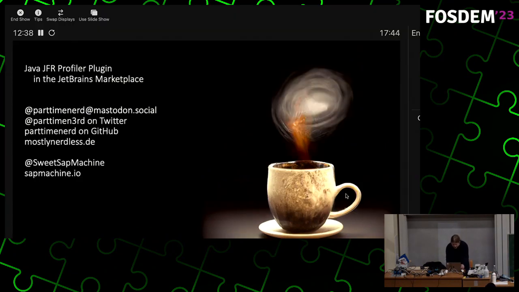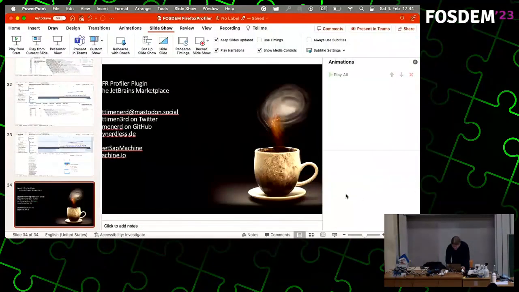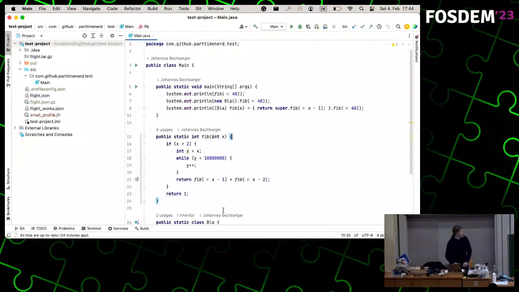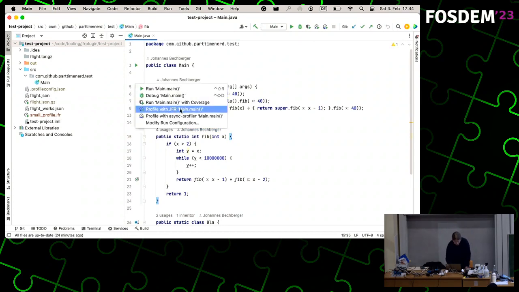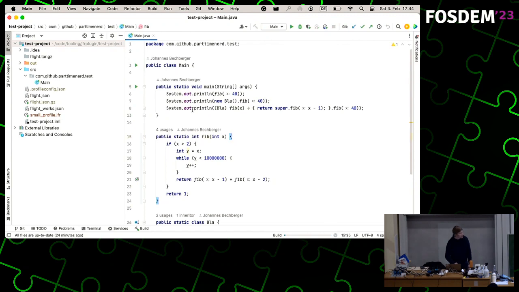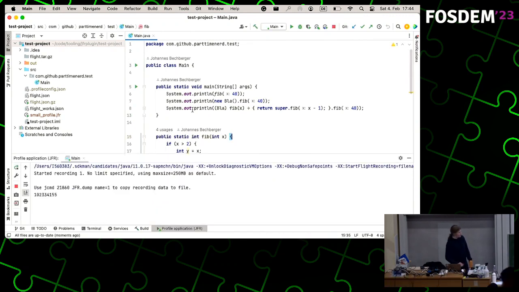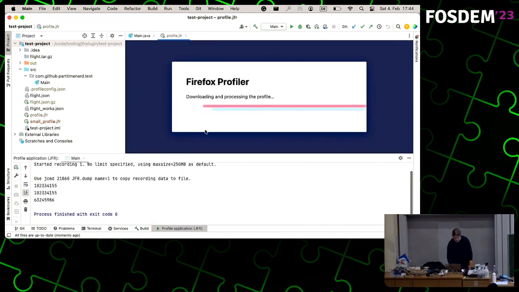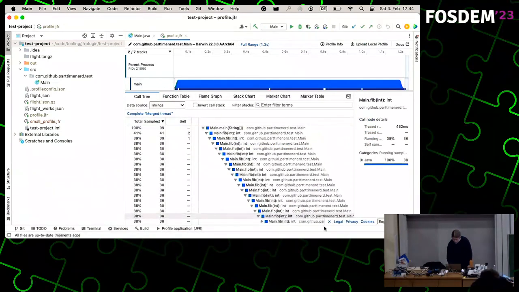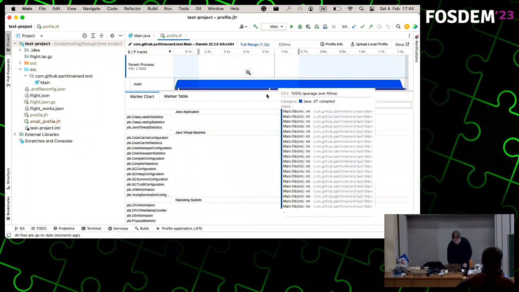So I hope this works. Because I can tell you a lot that it might work, and can show you some screens, but here is the actual, hopefully working prototype. So just right click on the main method, tell it profile with JFR, and then it tells you, hey, I profiled it. Then it opens the profile, and then you can just look at it, zoom around,